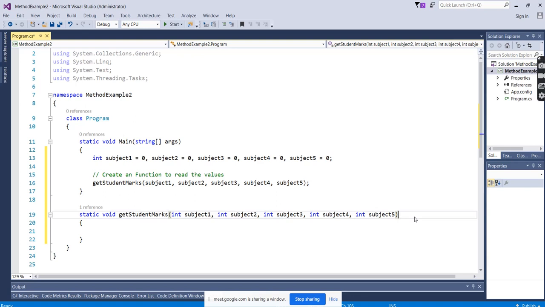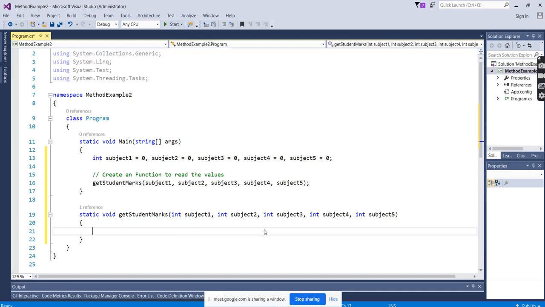But in more technical terms, in the main function, what you're passing, where you're sending the values, is called an argument. The receiving end, which receives the values you initialized here, is called the parameters. So calling is the argument and the receiving end is the parameters. There's a small difference.